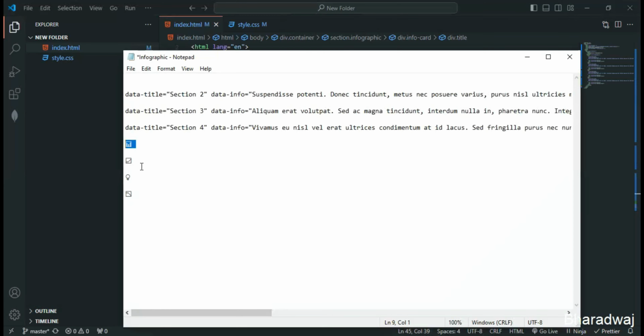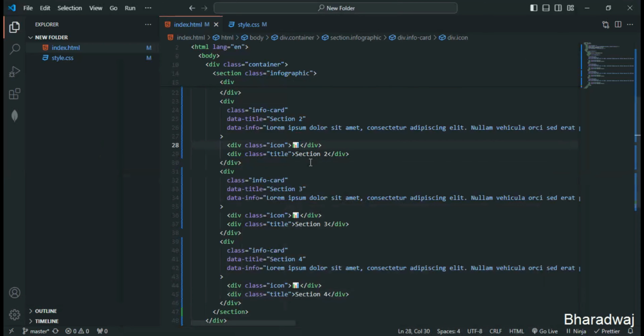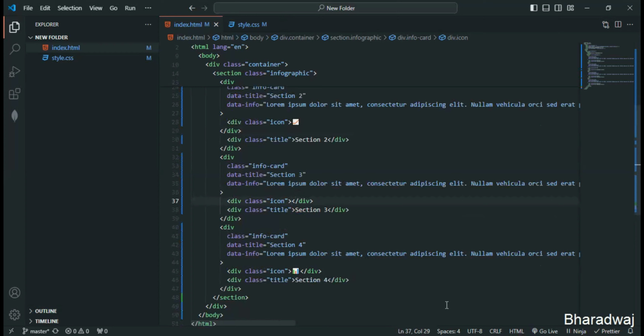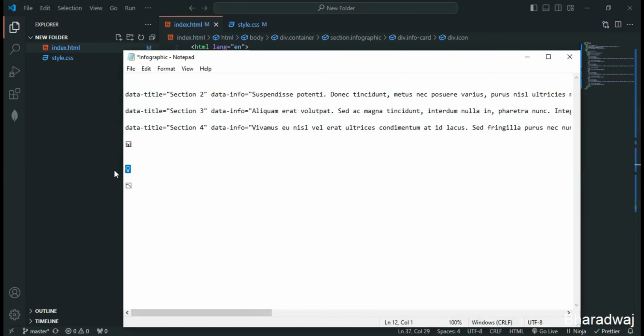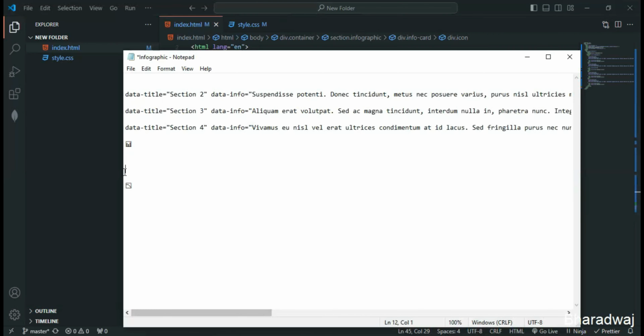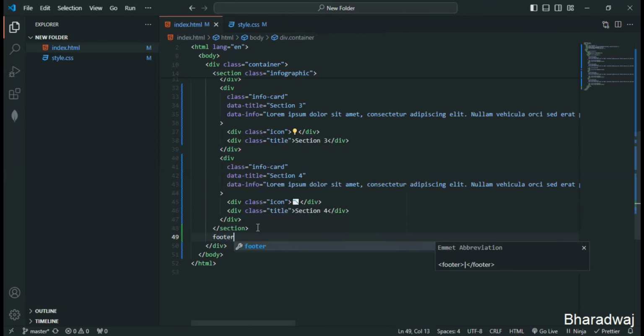Let's change the icon here. I'll just cut this one and paste it over here. Let me come here. Let me cut this one and paste it over here. Finally, let's delete this one. And let's cut this one and paste it over here. So this is it. Next, after closing of the section tag, let's make use of the footer